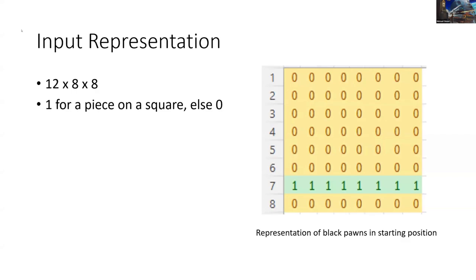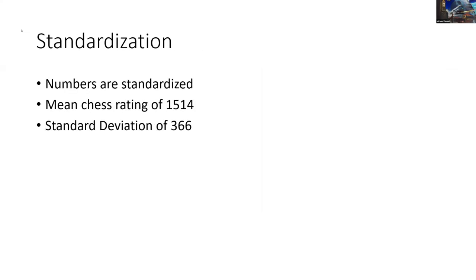But there are also other considerations. One downside is that it's pretty sparse data. So in the future, I am thinking about seeing how it would work using just one channel, and instead of just a 0 or 1, having a number for each piece value. I also standardized all the values: I subtract the mean rating, and then divide by the standard deviation.